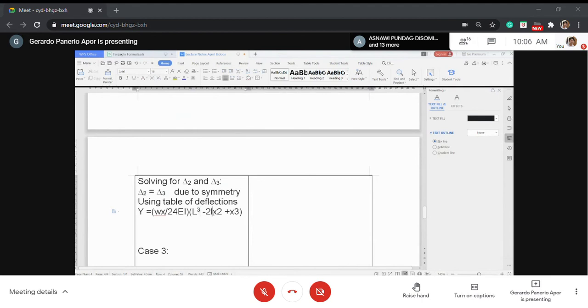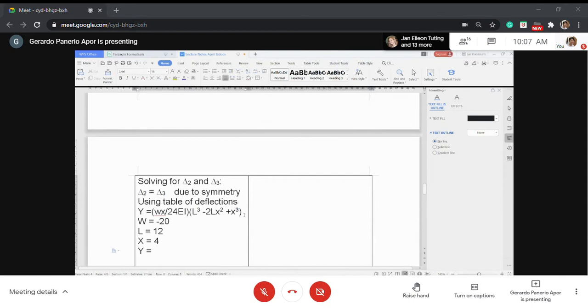Superscript. Okay, so W is equal to minus 20, L is equal to 12, and X is equal to 4. Okay, so Y is equal to